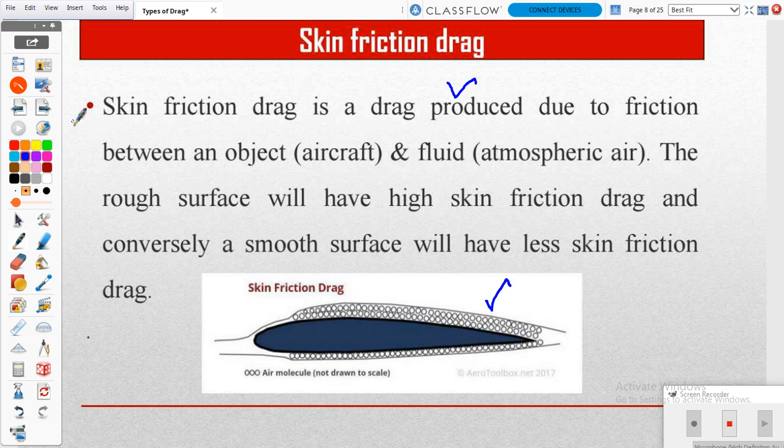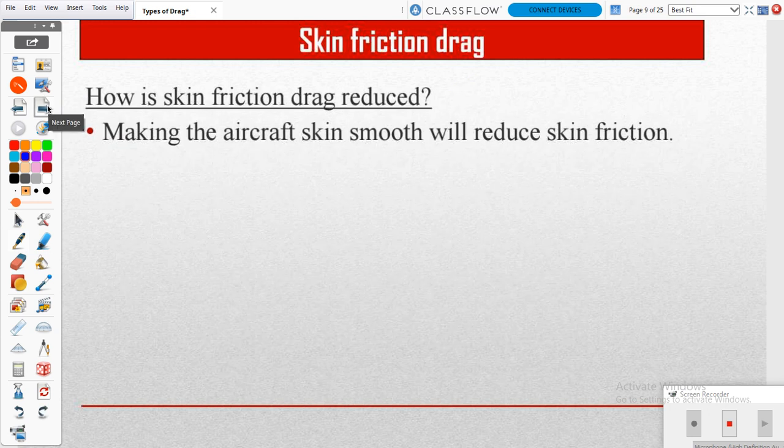We need to use a smooth surface or good finished material on our aircraft. If we have a rough surface, it will create an enormous amount of drag. This drag is called skin friction drag. We can minimize it by using smooth surfaces.